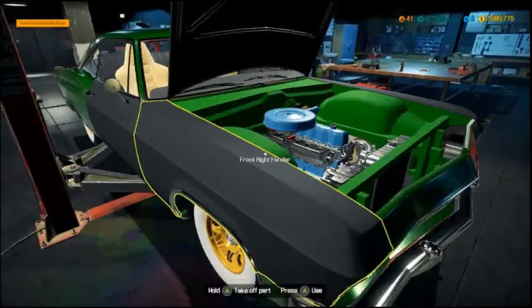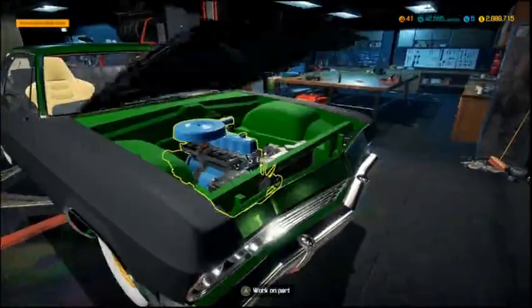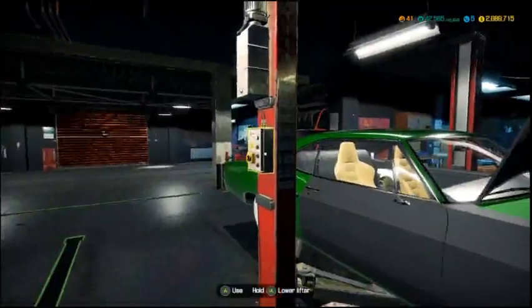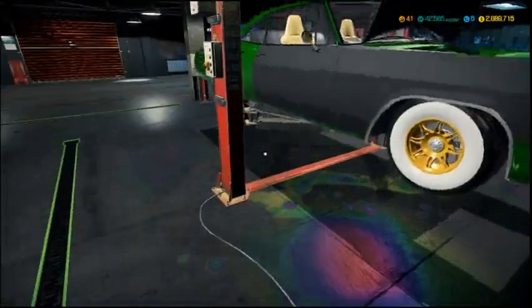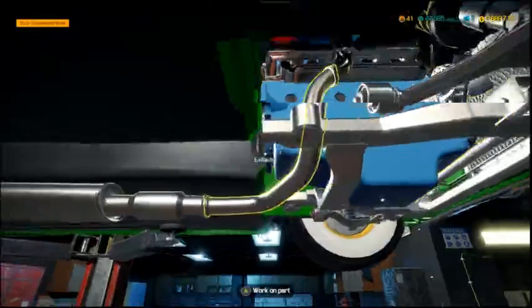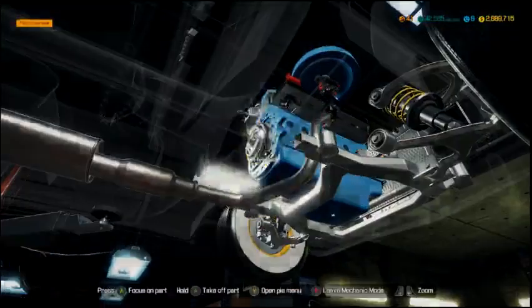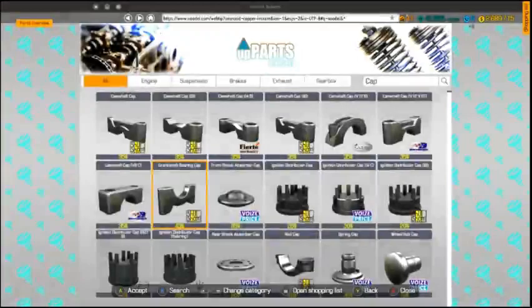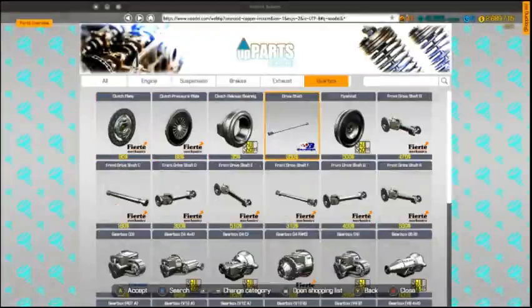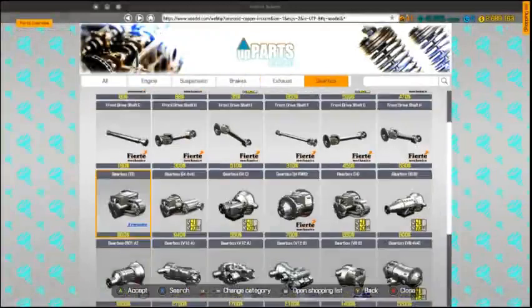Alright, the engine is now in. All we gotta do now is add the gearbox, add the starter, and add fuel. And also add the drive shaft. That's also gonna be something to add, because otherwise your car won't be able to move anywhere. So grab that,